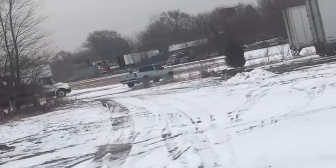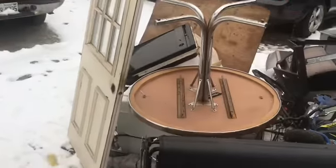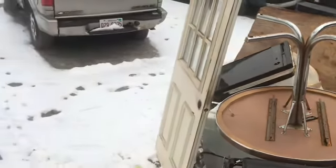Stopped by and dropped off some scrap there. There they go. Dropped off that door right there, and some bucket of scrap. Little tidbits. Anywho,